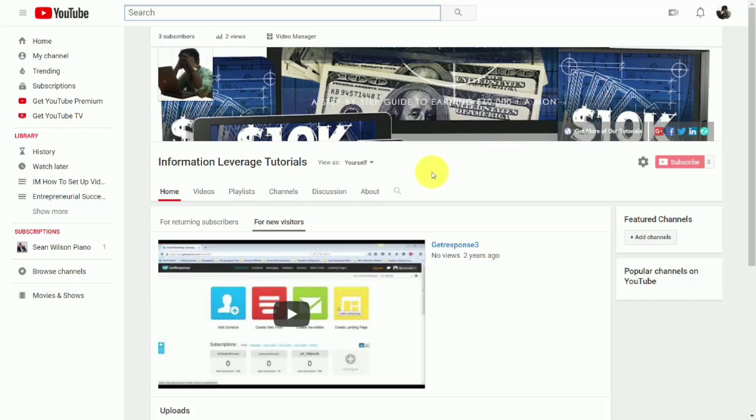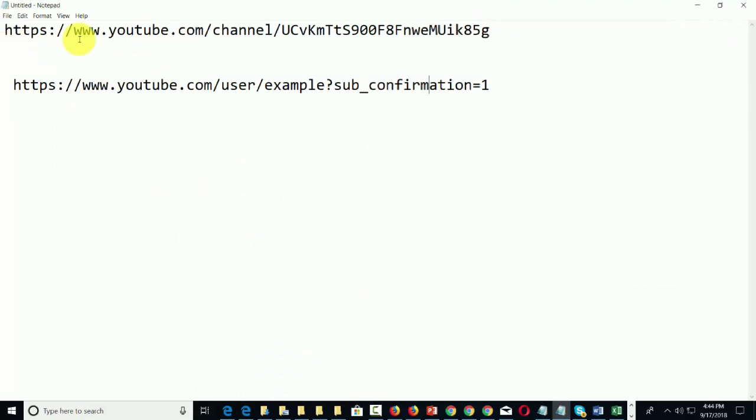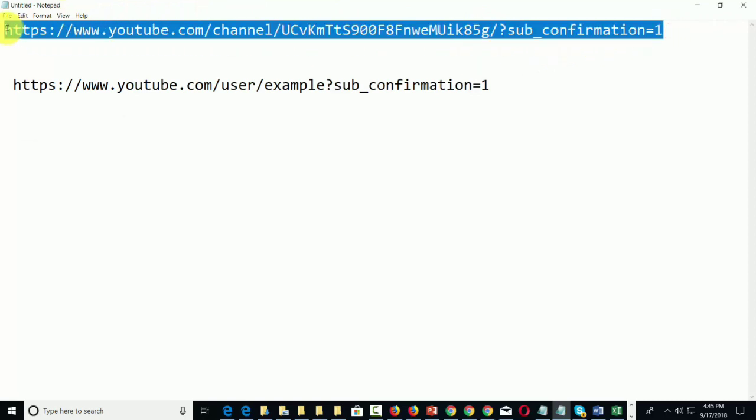So what you're going to want to do is go to your channel button and get your channel address. Now, once we have our channel link, we're going to want to make it look like the link that's at the bottom here. So we're going to take this information and copy it, and then put it at the end of the backslash on our channel. Then we're going to take this entire URL and copy it,